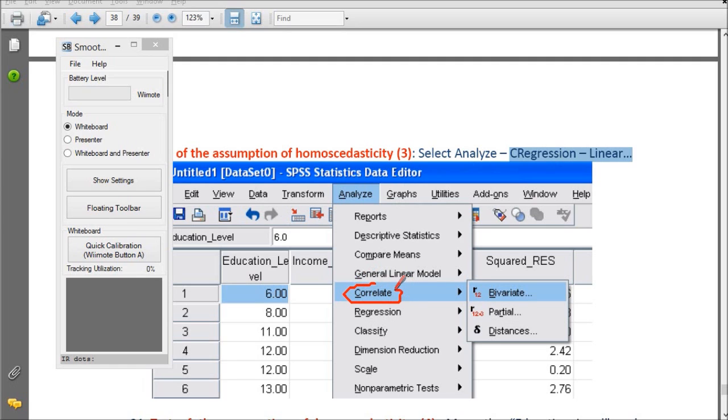We are doing correlation analysis, and then Bivariate. Okay, so Analyze, Correlate, and Bivariate, not Regression and Linear. Please don't be confused by this.